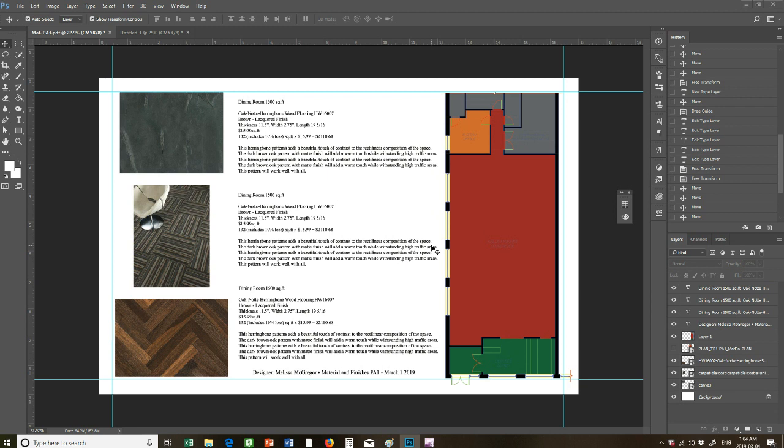Hello everyone, this is Materials and Finishes, and this is practical assignment number 1, basic layout and setup for Photoshop. So what you see on the screen here is my basic layout, what I've come to, and I'm at the final result. You've got a copy of the floor plan. The color of the space should be rendered according to the color of your samples, as close as possible as